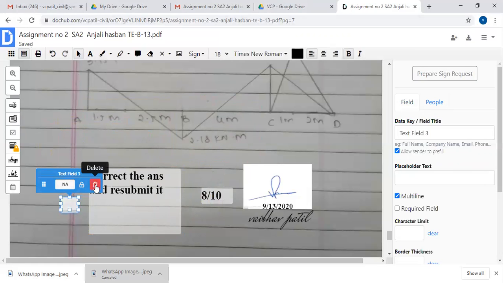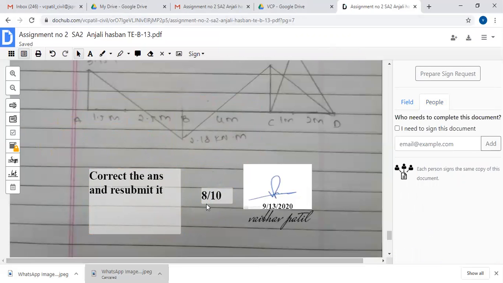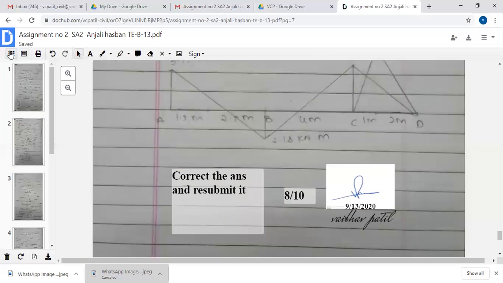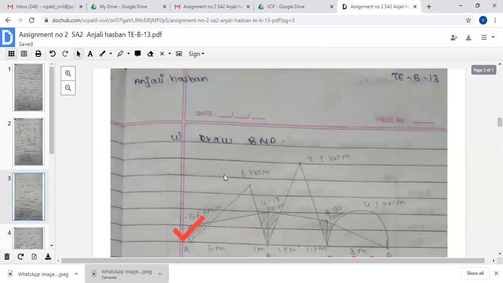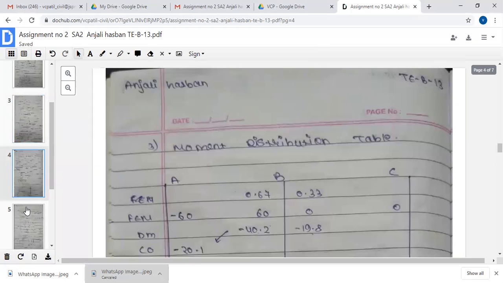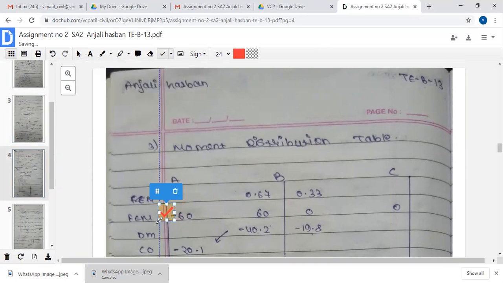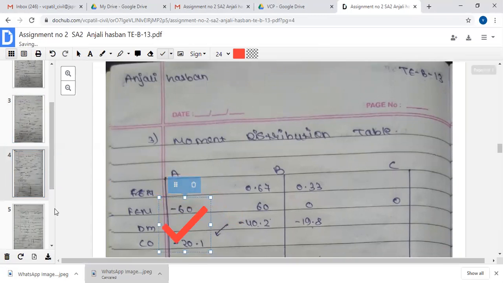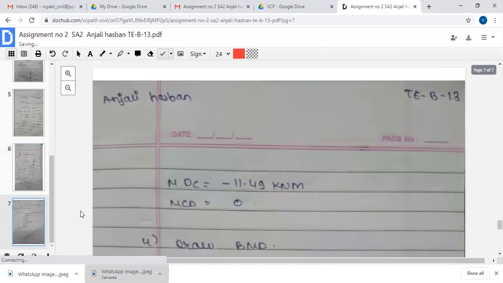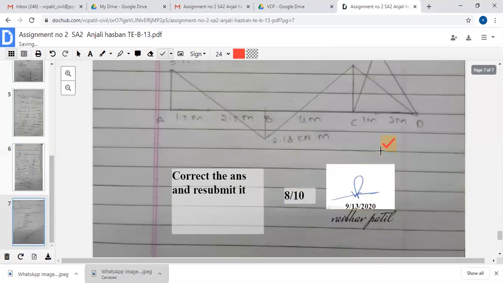Okay, and suppose this is right, means this is correct, and whatever the wrong answers are there, she will be corrected now, and resubmission will be required for this. So this is the last page, and this task is over now. And on the middle page also I am giving one tick mark sign like this, so it is completely assessed. So like this. Okay, so at the last page, 7th page, I am observing this sign. This is the corrected